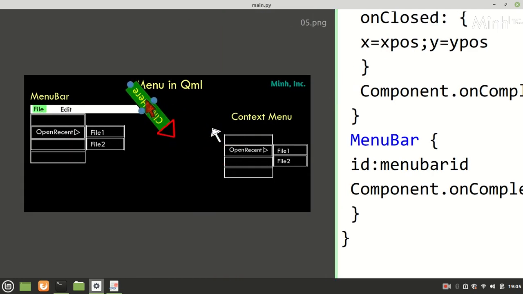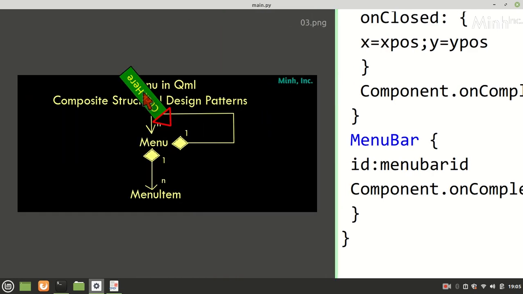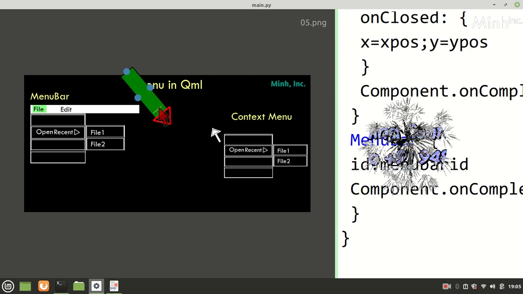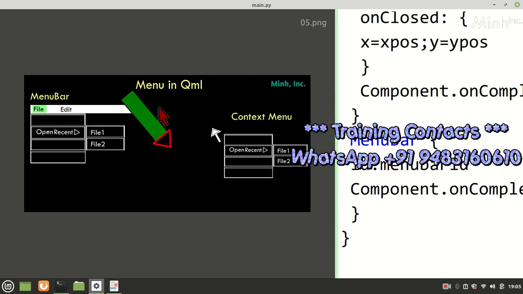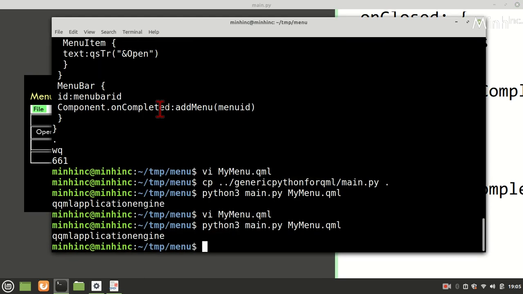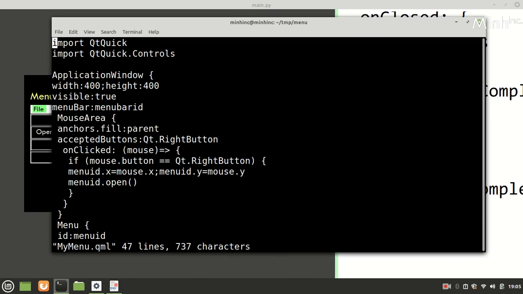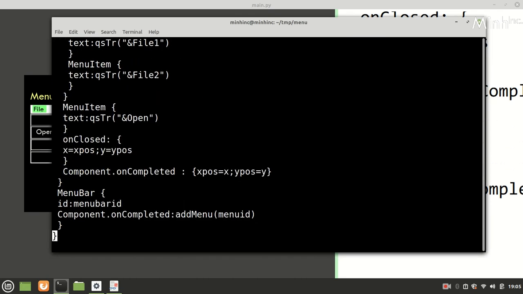So as per the design, we'll bring a text area here, and it will really open a file and bring it into the text area. So it should really actually work. That is the idea behind it. So my menu, and we'll introduce one text area here.